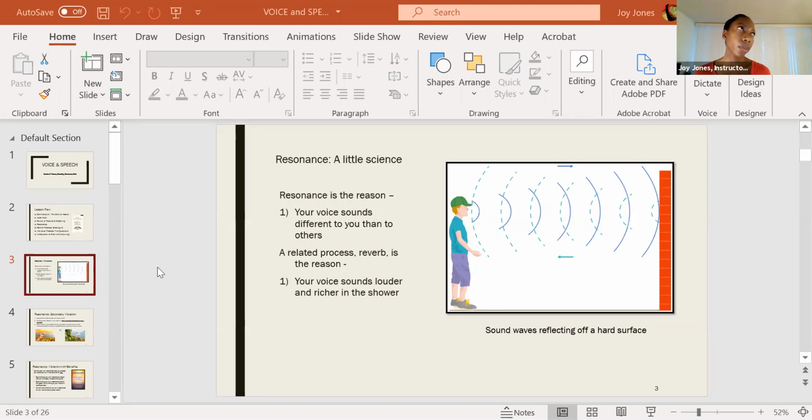Other factoids about hard surfaces: when we're back in, as we talked about before times, I guess there'll be after times eventually, when you're speaking in public, you as a speaker will want to look at the environment in which you're speaking. Sound will bounce off of glass, wood, and marble. Audio people sometimes talk about a space being live, meaning you might be in a space that is conducive to sound.